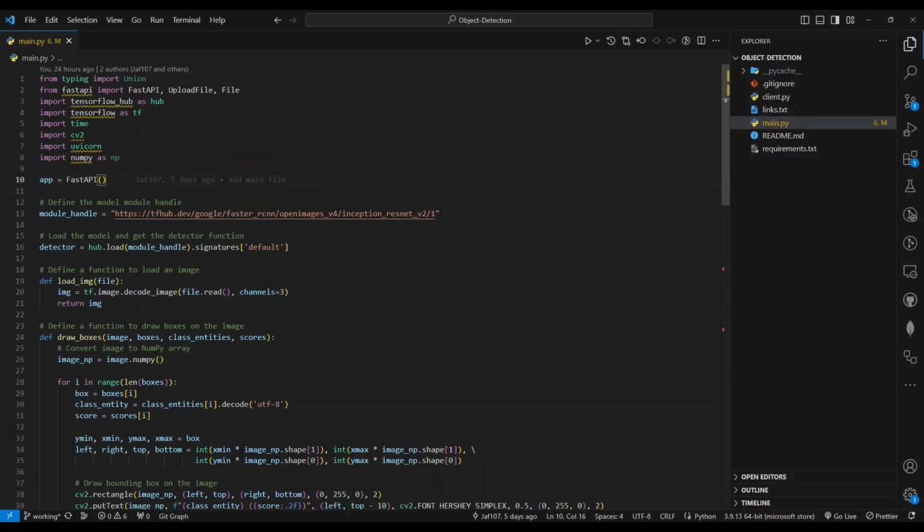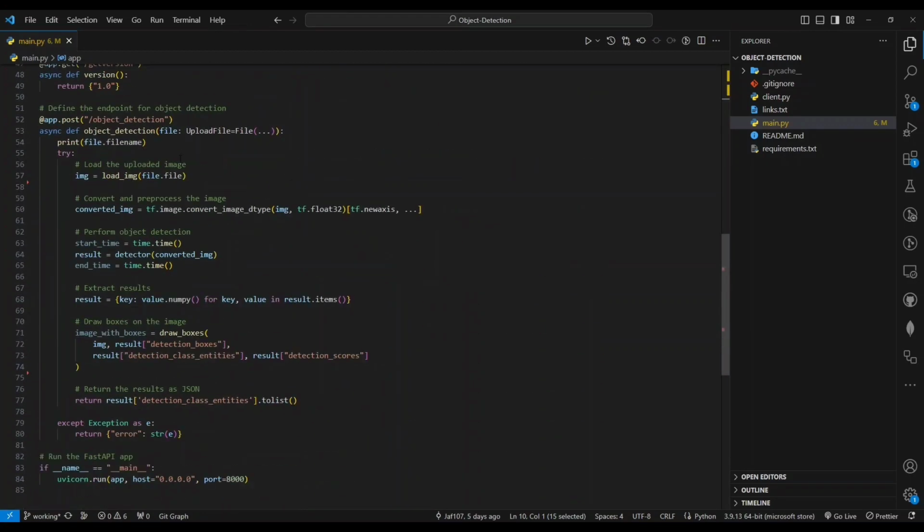This is the simple Python service that we've implemented to detect objects from an image. We are using FastAPI to create a simple Python server. After starting, the project first loads the detector function from a model running in the TensorFlow Hub using the TensorFlow Hub SDK. In the object detection route, we are accepting a file as an input.